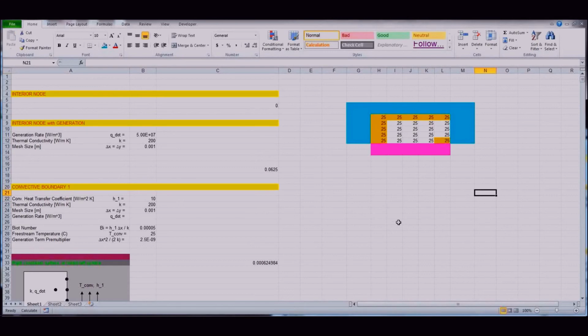So that is an introduction to the Excel spreadsheet. After you have that, then you can plot it, which I'll show you in the examples that are coming. It is not the greatest, but it's not bad. It's for doing kind of quick and dirty calculations. But what it does is it will demonstrate the use of the finite difference method applied to heat transfer problems. And that's what we're going to be looking at in the next